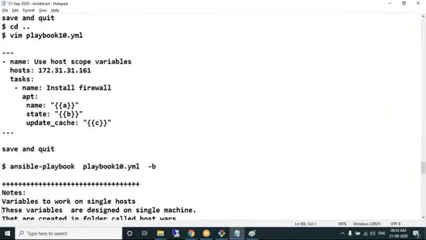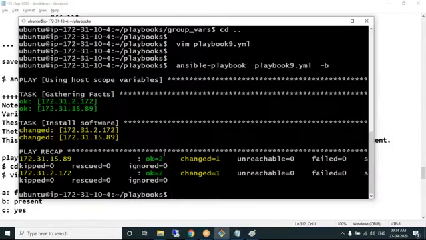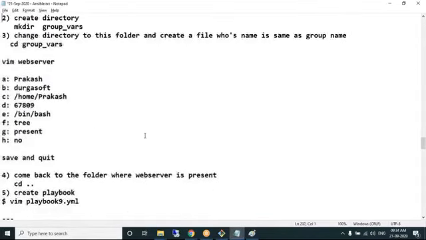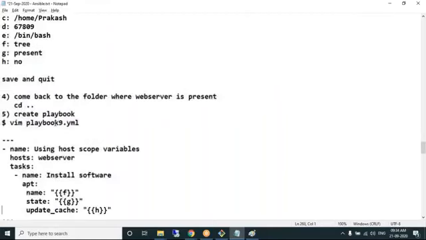So you now know how to perform grouping and how to create a file which has variables and values. Now these are the playbooks which run on a group of machines, right? So the point you have observed is that the name of the file which we have created, web server, should match with the group name. Our group name is also web server, right? So that's how matching should happen. That's how linking happens. Compulsorily, the name of the file should be the group name.